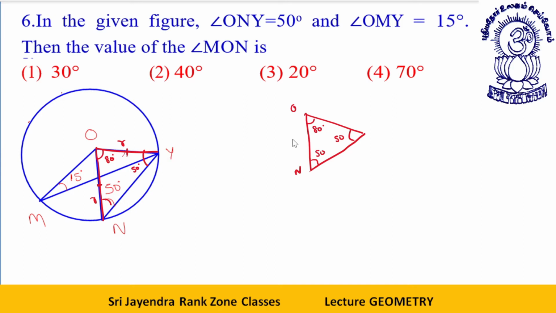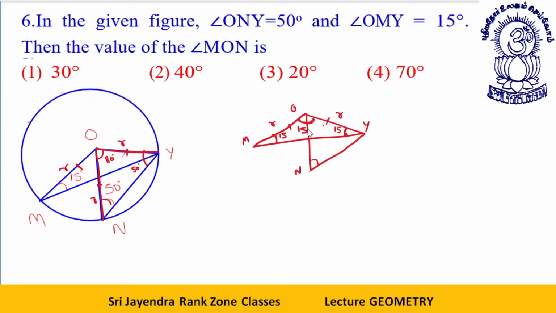Other thing. See, dear students, like this angle 80, now I'm removing this part. Okay, now I take it like this. This angle you have established 80, this is M, this is Y, this angle is 15, so this angle will also be 15 degrees. If this is 15, this is 15, this is an isosceles triangle. This is also a radius, so these are equal. The sum of three angles of a triangle is 180. Out of 180, this is 30.